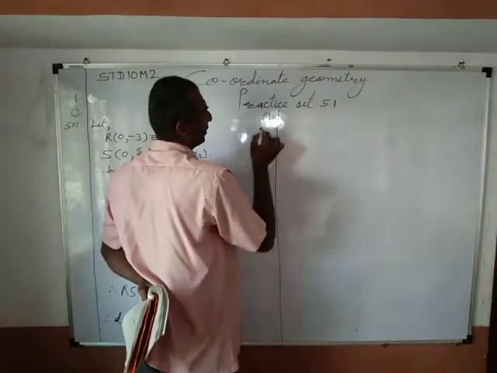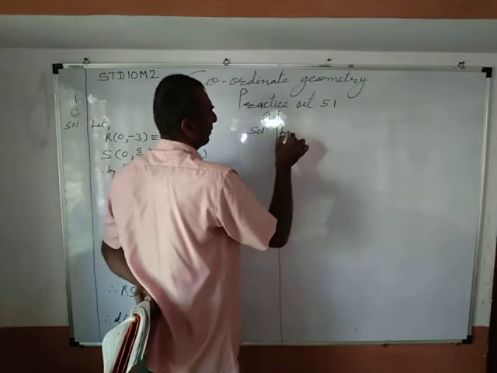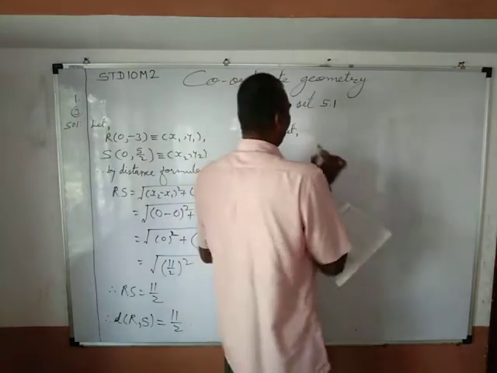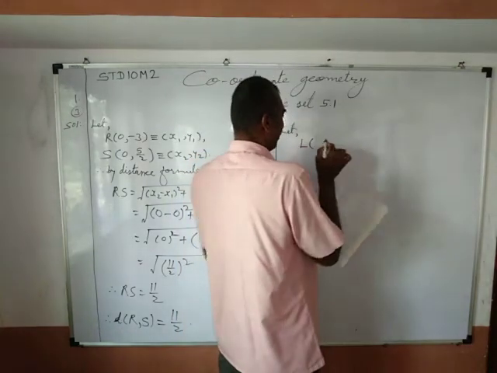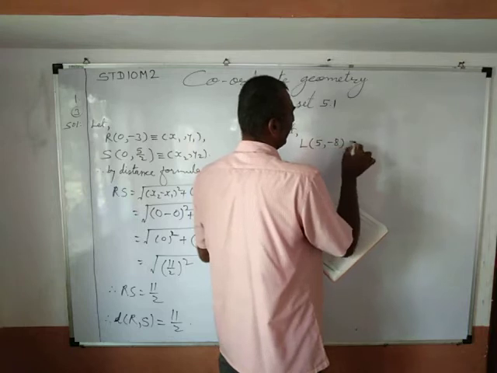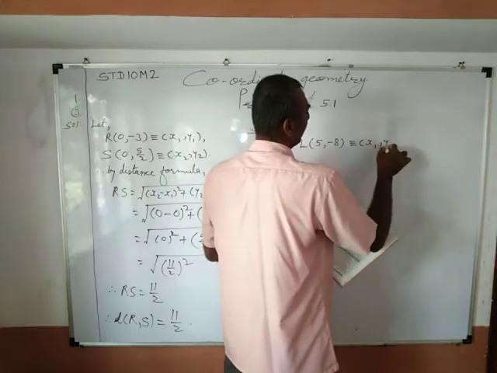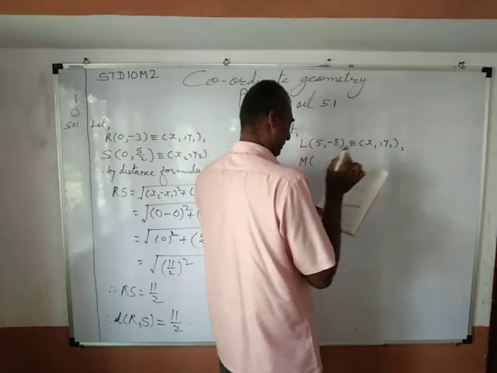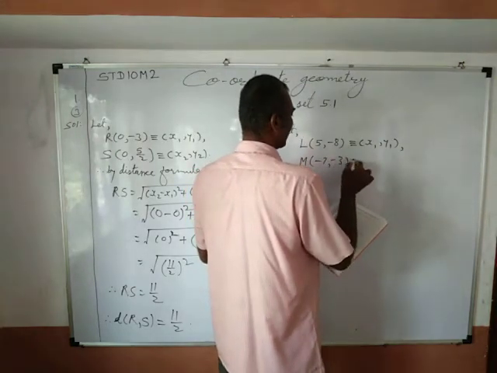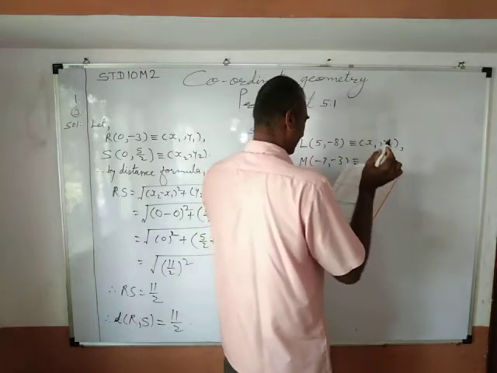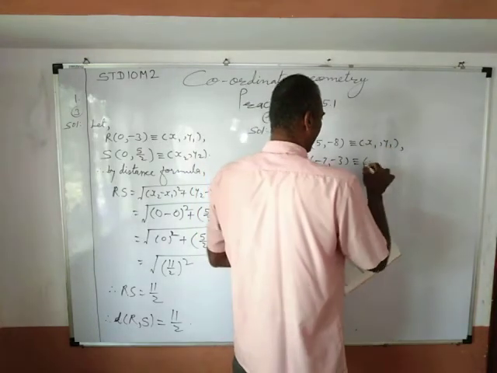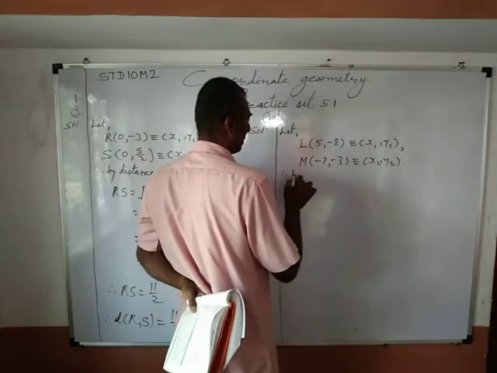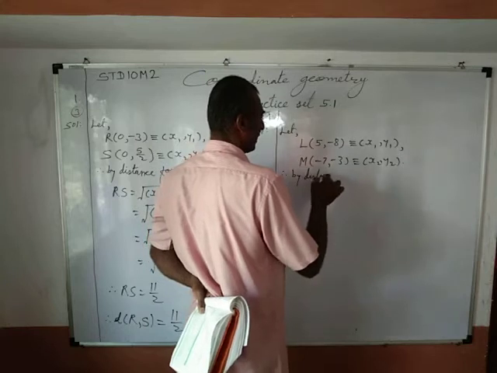Sub question fourth. Solution. Let L(5, minus 8) is (x1, y1), M(minus 7, minus 3) is (x2, y2). Therefore, by distance formula,